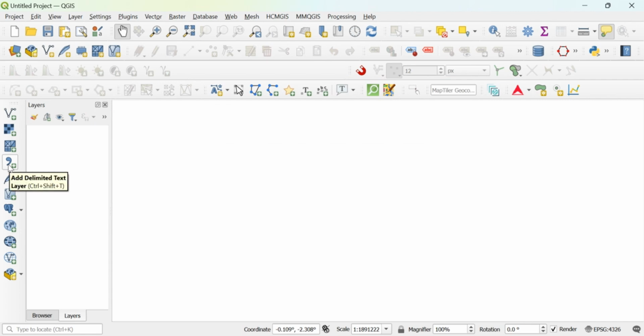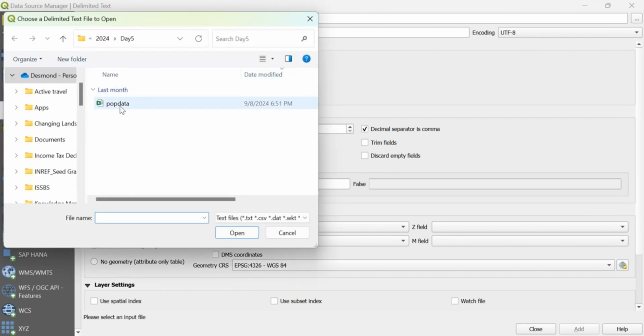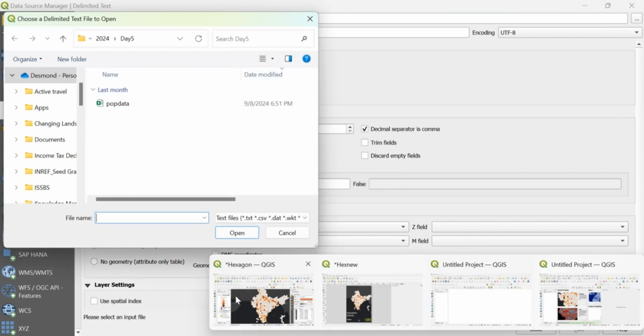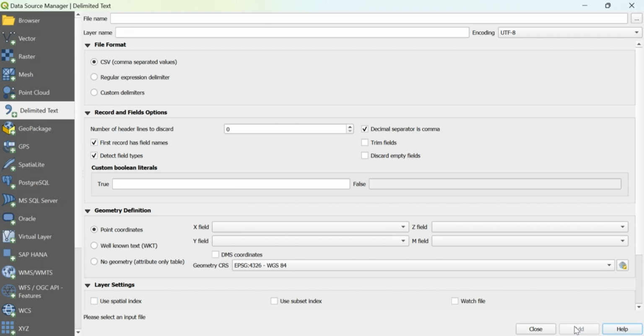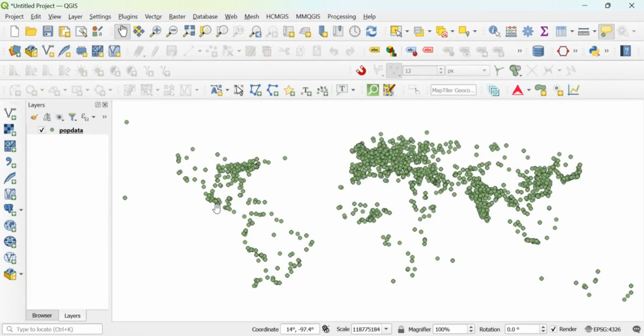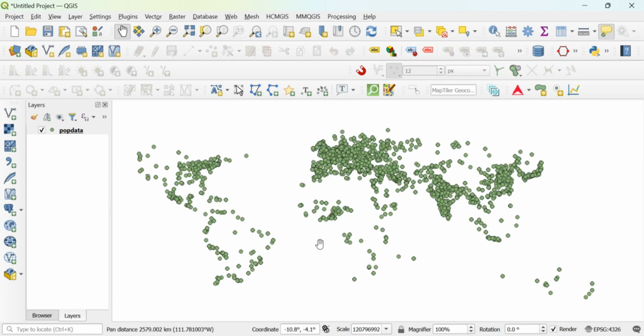So the first thing that we will do is to import our data set, and I've already tried this. You can see the results here, but just to duplicate it for the purpose of this tutorial. So we add our data set, and now we have a data set for the entire world. What we can do is to extract only for India.